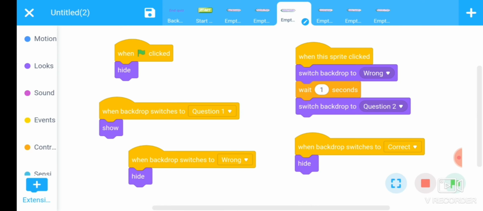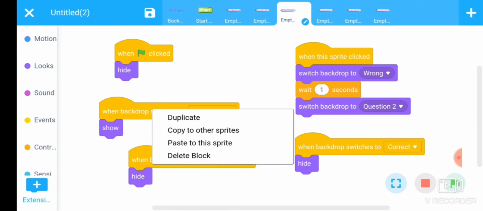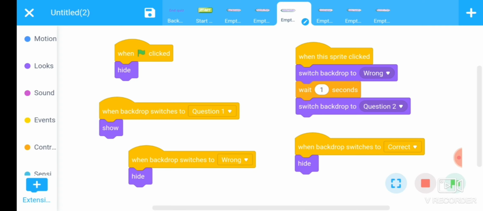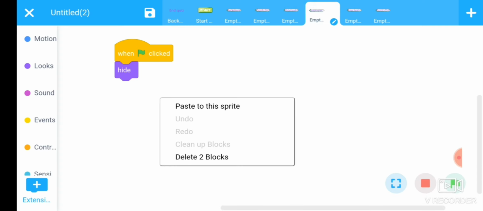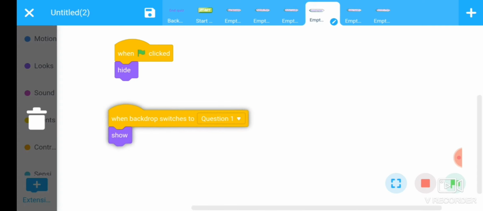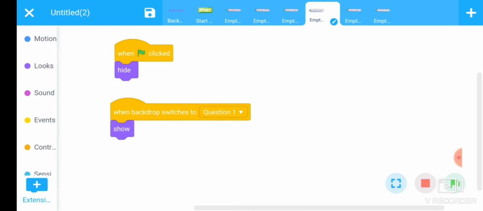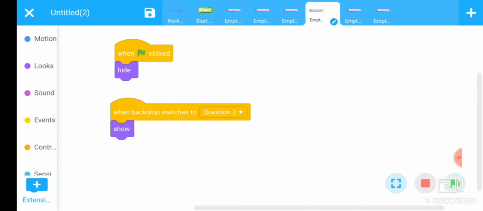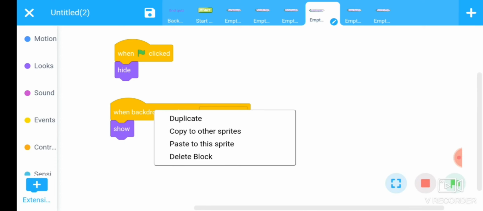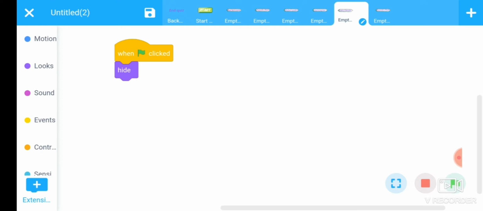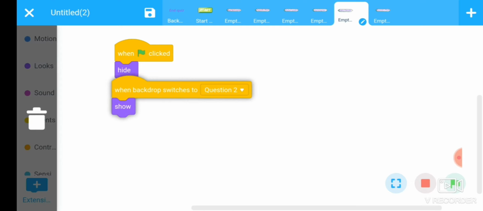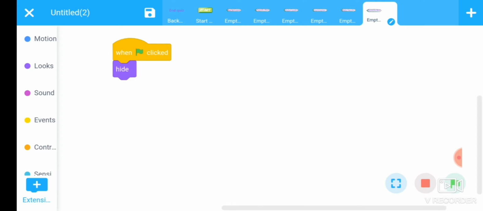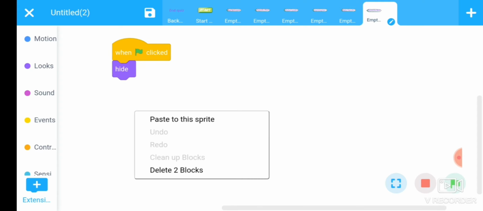Next command is whenever backdrop switch to, here question backdrop is switched from question 1 to question 2, replace here question 1 with question 2 and then copy this sprite to remaining 2 sprite.